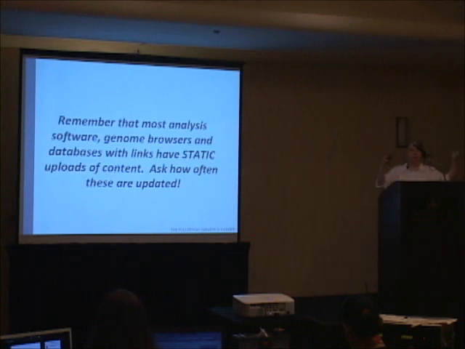Just a closing note on that: remember that almost all analysis software imports links from other sites, so they'll bring in OMIM, or Decipher, or SNPDB. Almost all of them are static imports. They take a snapshot of that database at a certain period of time, and they're not updated except at regular intervals. So it's important to know what the gap is. If you're using a tool, how long ago did they look at OMIM, and should I check OMIM?